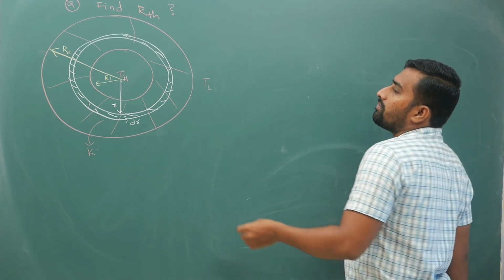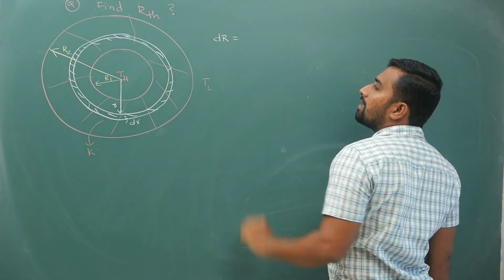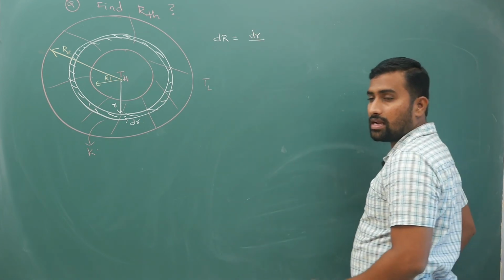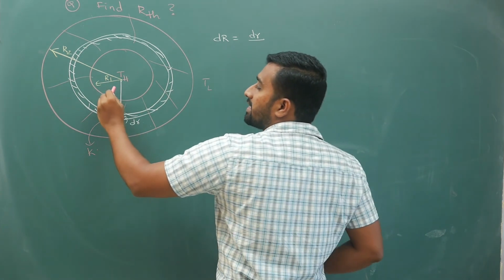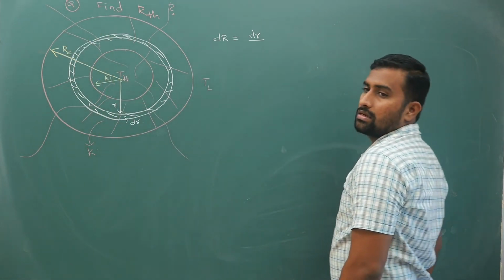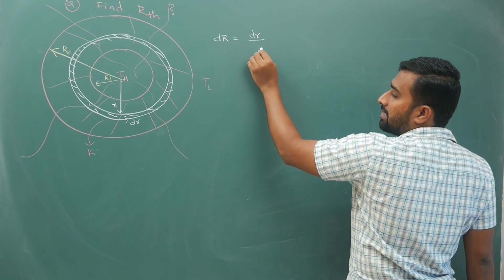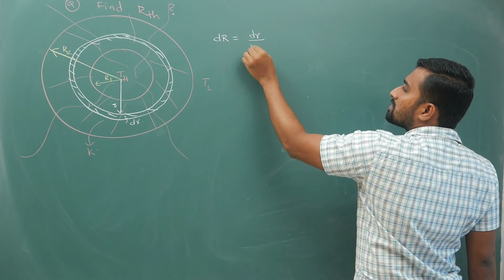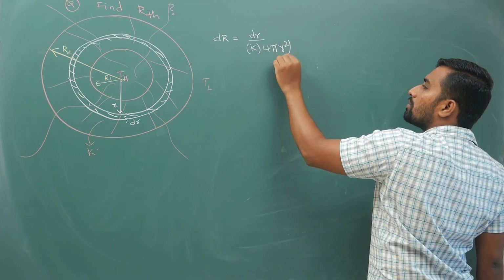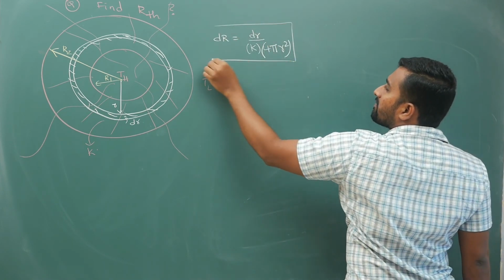Now here also, first we will define a small resistance. For this small resistance dR, the small length along which heat energy is flowing is dr. How is this heat energy flowing? It will flow radially outwards, like this. So the small resistance dR is the small length dr divided by K, the thermal conductivity, times the area across which the heat energy is going, which is 4 pi r squared, where small r is varying from A to B.